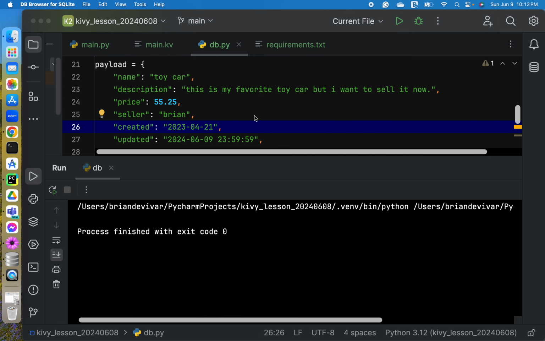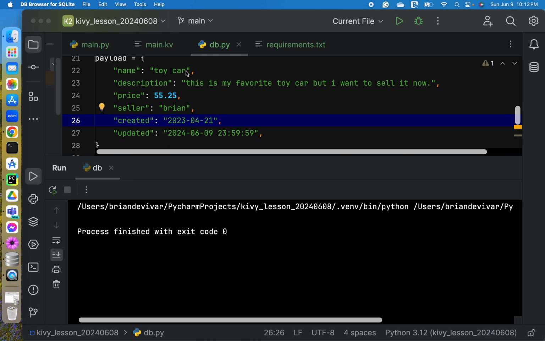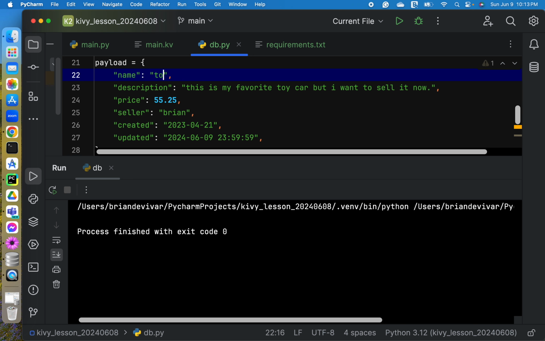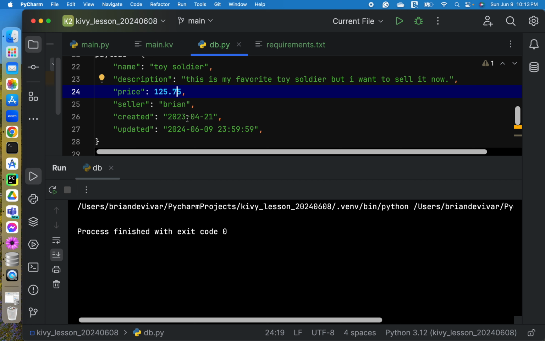Let's add one more. So let's say toy soldier. And I want to sell this for 125 and 75 cents.